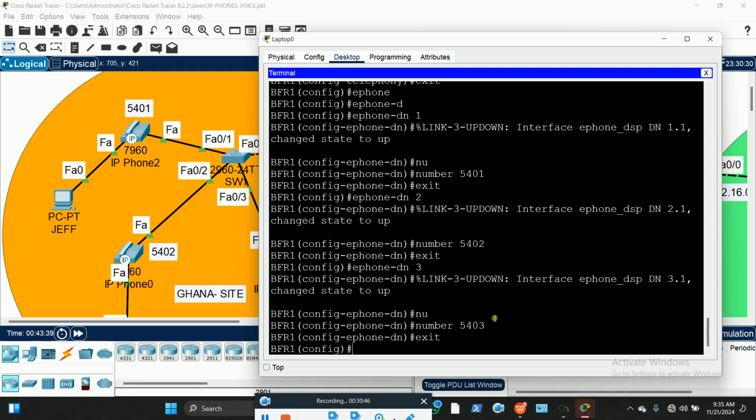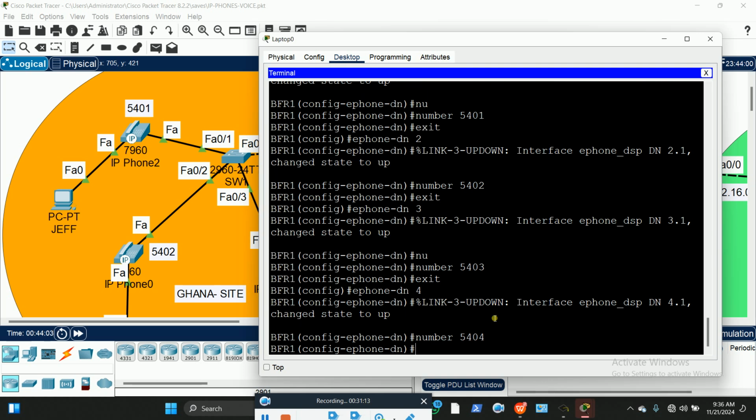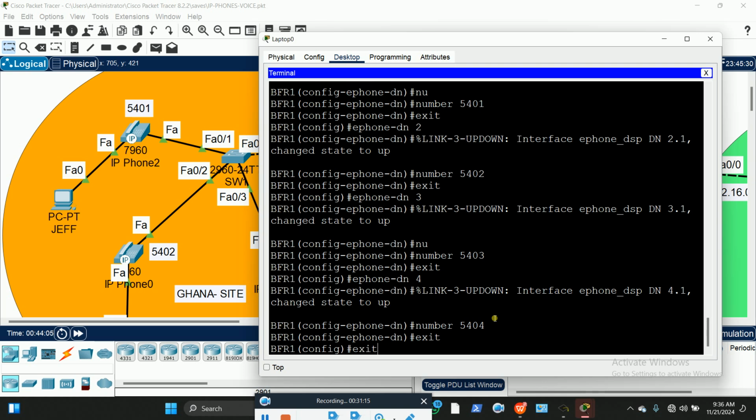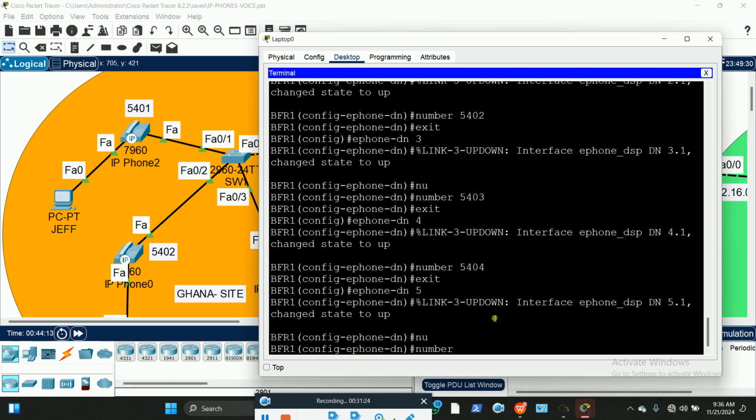You can do it up to 5, okay? Are you listening? Do it up to 5. But when they bring more phones, you can just add them. So you just type ephone-dn 4, then the number, you make it 4. You type exit, then ephone-dn 5. I'm going to stop at 5. Then the number is